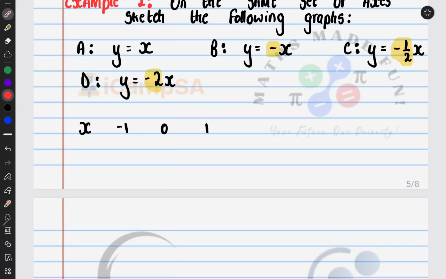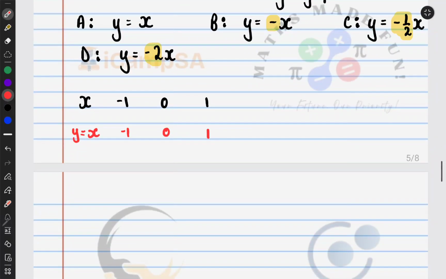It's y is equal to x. Y is equal to x. Corresponding values are -1, 0, and 1. That's the mother function. And then the second function is y is equal to -half x. Corresponding values are going to be positive half, 0, and negative half,